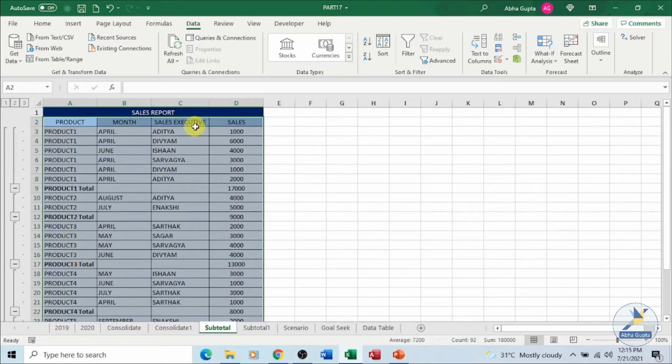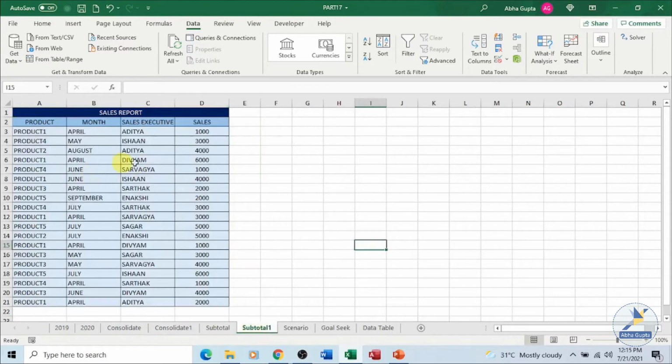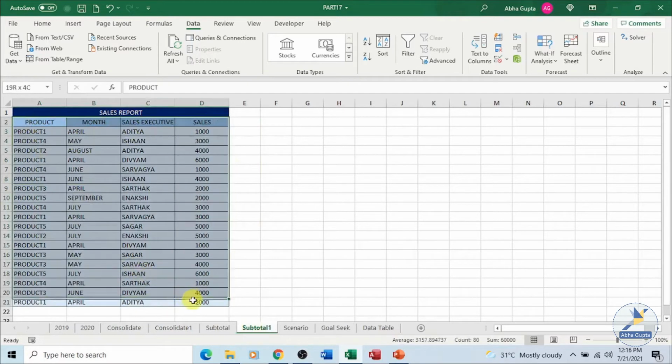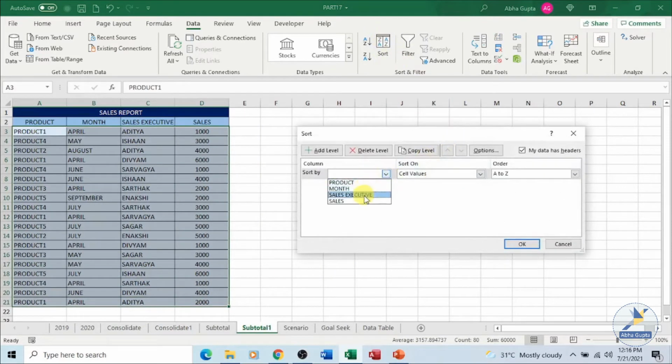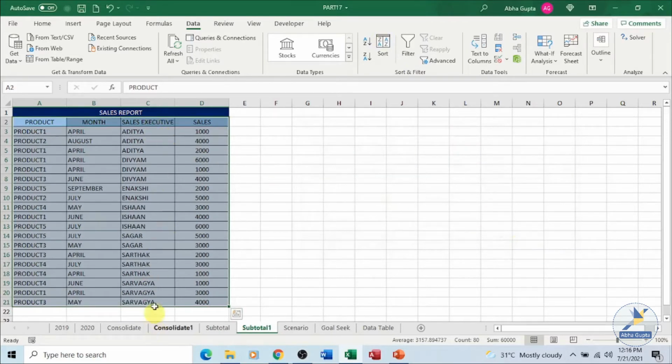Let's see the same example, and this time we'll sort it on the sales executive. So I have the data in place here. This time let's sort it on sales executive. Let's select, sort it over here. Okay, this is being sorted. Let's